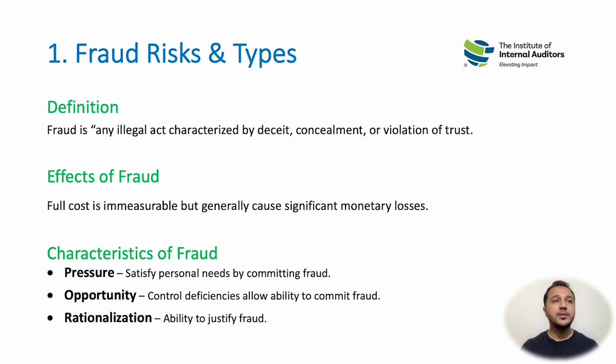Opportunity means that the person who has the ill intent to carry out a fraud also sees an environment where he can commit that fraud. For example, he is the highest person in the company and has a lot of autonomy in deciding certain actions or taking certain decisions. For example, the person might be under financial distress and he is the procurement head and has the full authority